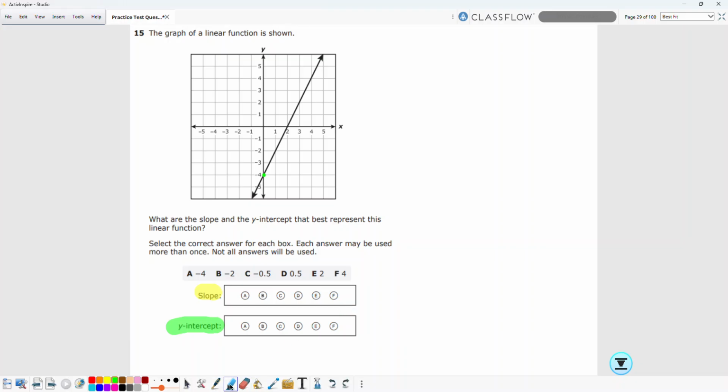Well, A is -4. So for the y-intercept, I'm going to choose, let's see, I'm going to pick brown. Well, I'm saying -4 is A, so I'm going to select A for that. Now let's take a look at